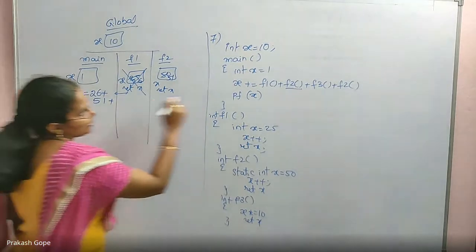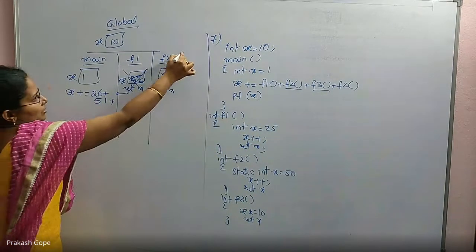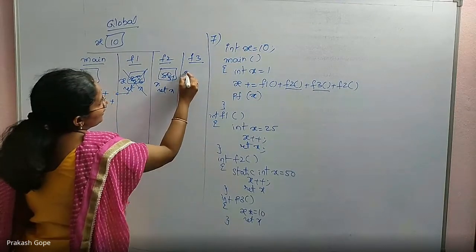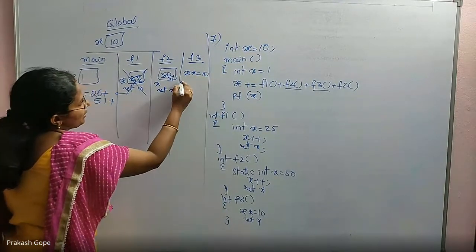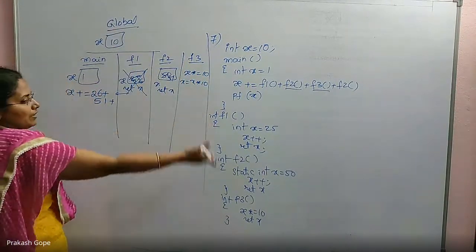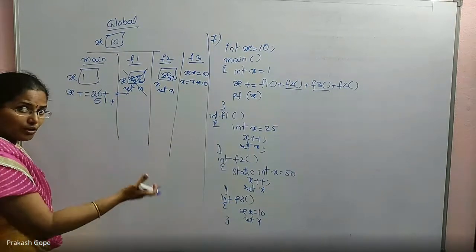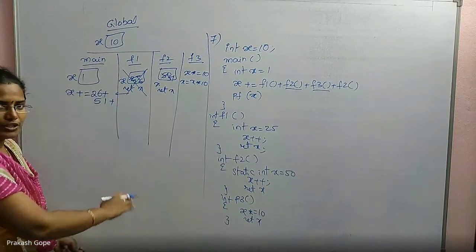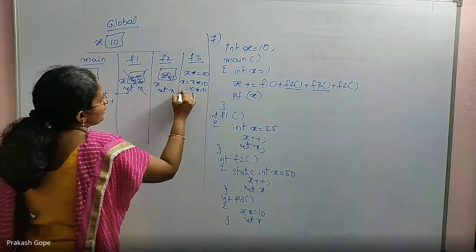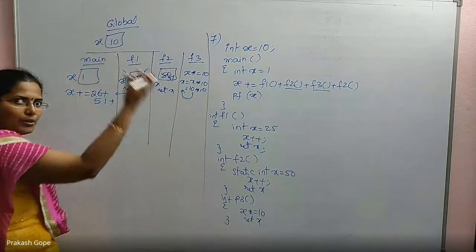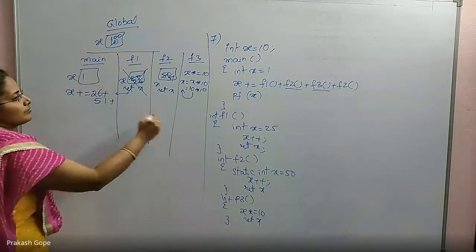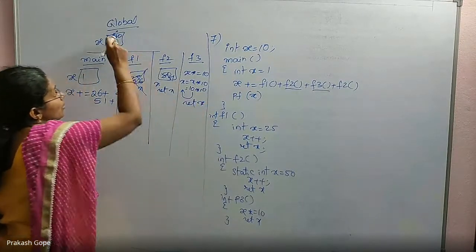Then the next call is the F3 call. So go to the F3 function, execute this. x star equal to 10, which means x equal to x into 10, but I don't have a local x, so obviously I will use its outer block's x, because C follows static scope. So the outer block for F3 is the global program, global x. 10 into 10 is 100, 100 is assigned to x. x means again global x, because I don't have a local x, so it will access global x, 100. Then return x, x means global x, return 100.